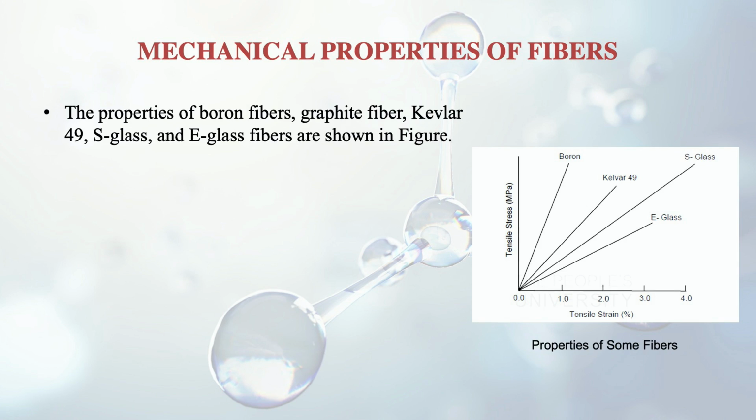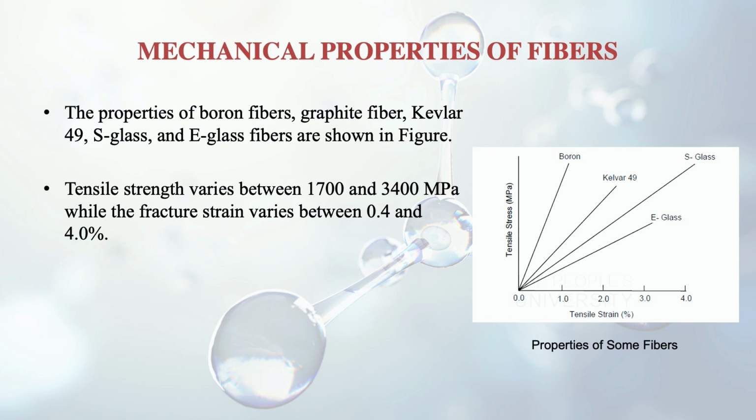Then the mechanical properties of the fibers. The properties of the boron fibers, graphite fiber, Kevlar, S glass and E glass, whatever we discussed, are shown in this figure. You can see a figure where the tensile strength is given, and this varies between 1700 and 3400 megapascal, while the fracture strain, which is on the x-axis, varies between 0.4 and 4%